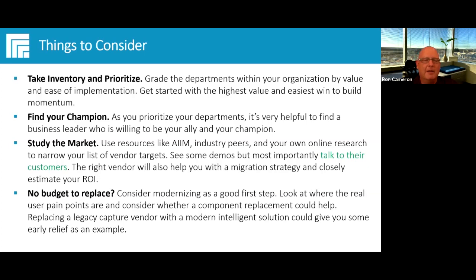Maybe you've got that new department, as Ian said, where you could spin up a brand new, net new repository somewhere and then build a new application. But if not, look and see if there's a component replacement of something like a legacy capture. At KnowledgeLake, we have a world-class, drive-the-scanner cloud capture application that feeds M365. It might be a great way to modernize your current application without having to do nothing.